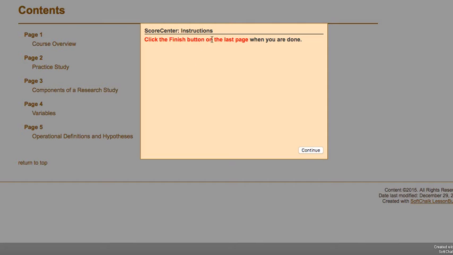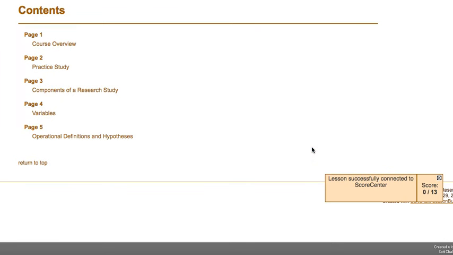And you'll notice that it says when you're done to click finish, and you're going to see that it gives you a score. These scores are for your use only. If you get 9 out of 13, don't panic. That's just to tell you, okay, there were a couple of things that you missed. And you can go back and redo the self-check activities anytime that you want, but I want you to be